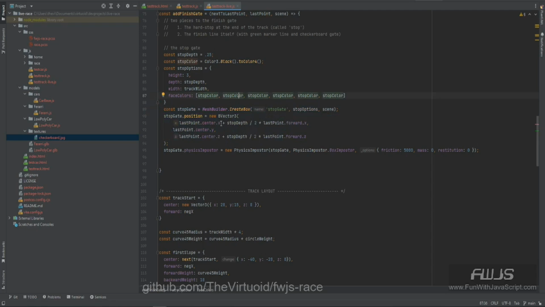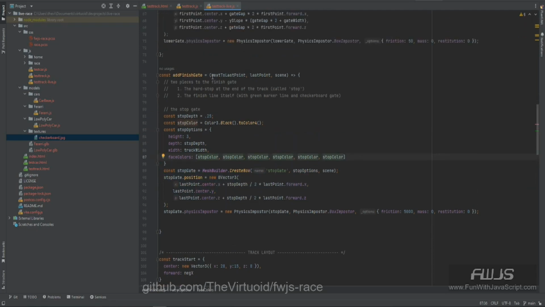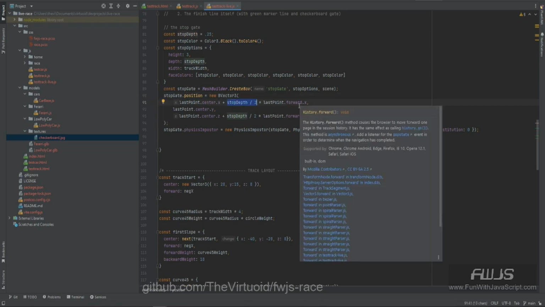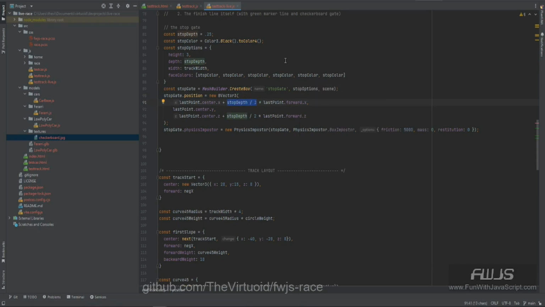The position, how do I want it positioned? Well, obviously I'm going to start at the very end of the track, and when I do add finish gate, I pass to it the next to last point and the last point. So I'm going to get to the very last point, which is this one right here, but then I need to move it. And how do I move it? Well, the only thing to move basically is the stop depth divided by 2. Now, why divided by 2? The reason I did that was